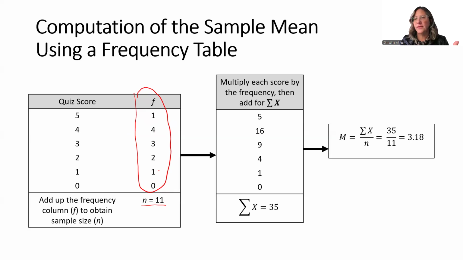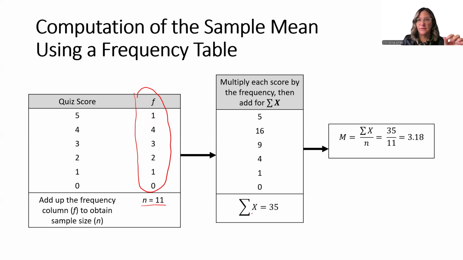There are some common things that I see people do. They use the number of rows as the sample size. So they would use 1, 2, 3, 4, 5, 6 as the sample size, the number of rows. That's inaccurate. Or they add up the possible raw scores and use that for the sum of X,